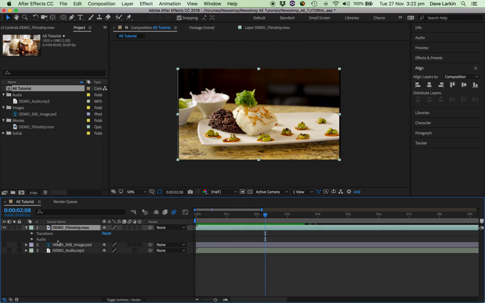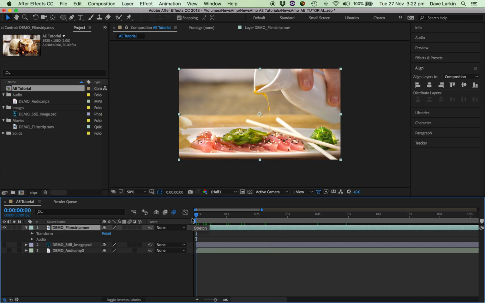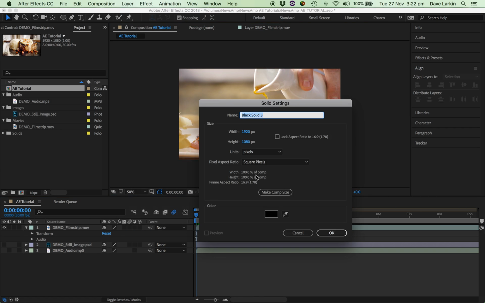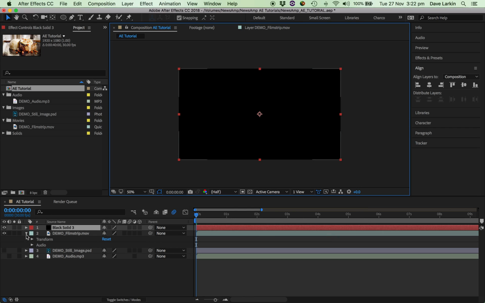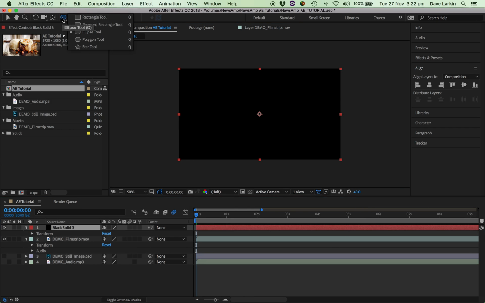Now, another very handy thing to be able to mask. Oops, our image has got a bit off centre there. Another very handy thing is masking on solids, which is going to come in very handy when you need to run stats or a bit of text. So again, you would just make a solid by new solid, black's fine for the purpose of this, and you would literally just unpack this, and let's just say we want